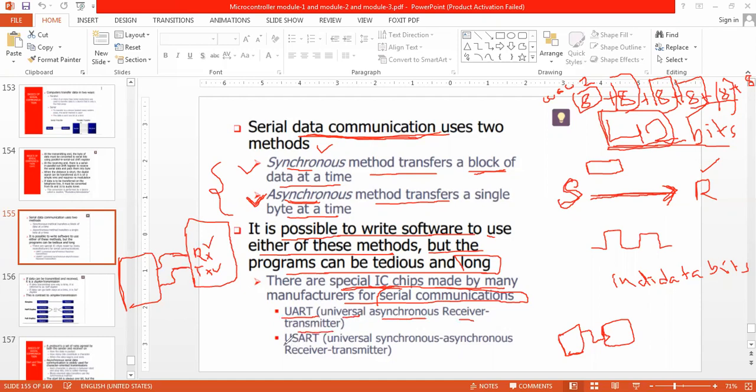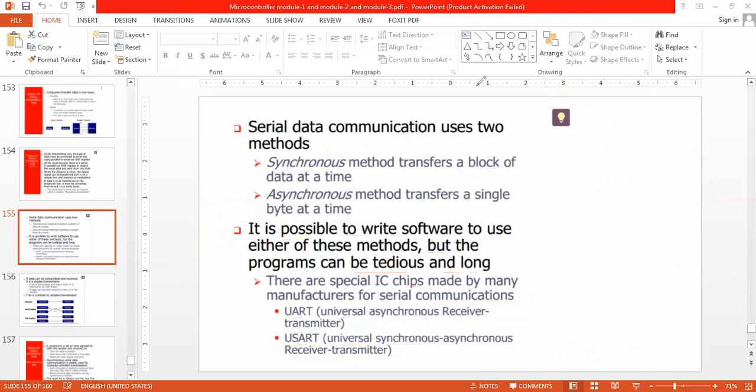Another one is USART, universal synchronous asynchronous receiver and transmitter. It is simple. Those two we have, and the supporting ICs we will see in the next slide.